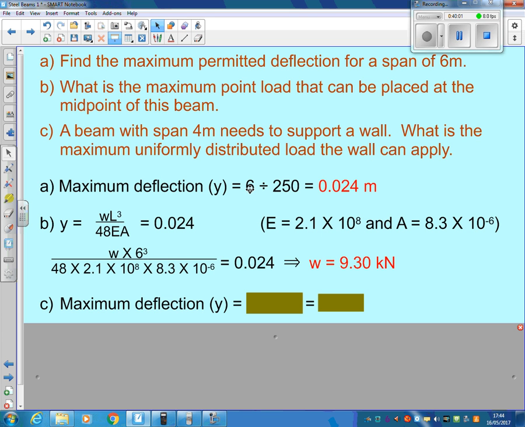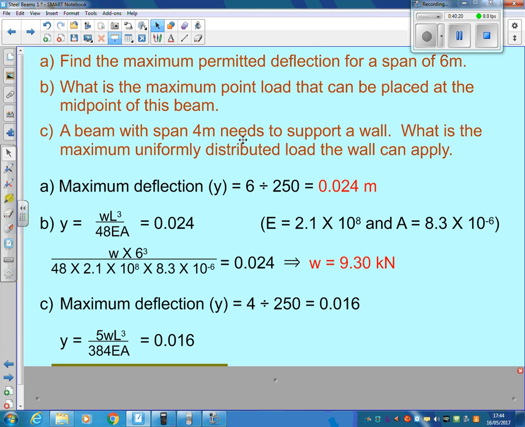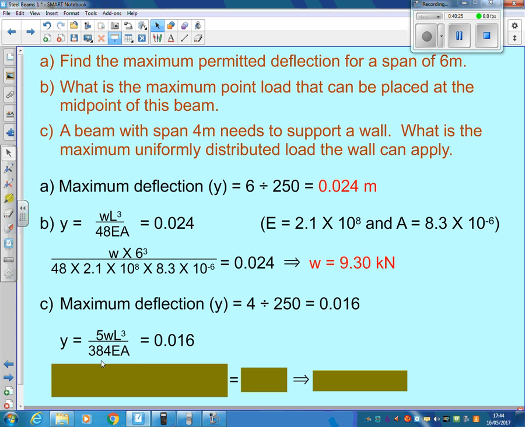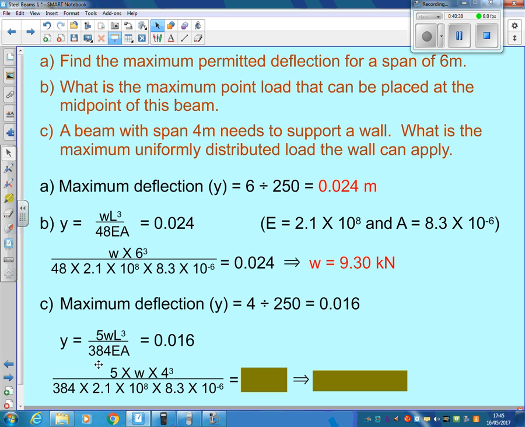If it was a 6 meter span, we did 6 divided by 250. We're told that in this particular case, it won't always apply. In this case, you're dividing by 250, so I now do 4 divided by 250. That's 0.016. You can check it yourself if you like. Next bit, uniform distribution. There's our formula, and literally it is just put everything in. So you know there 5WL cubed, and L is now 4, so this will be 5 times W times 4 cubed,